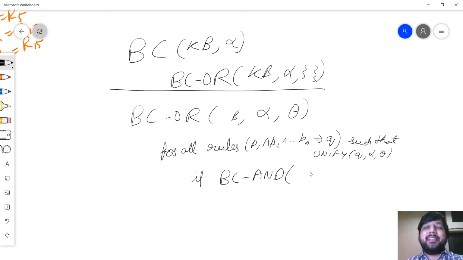I really need to satisfy the LHS part of it, which is P1 and P2 and all the way up to Pn, and it is under this constraint that I've already satisfied my goal. If my goal would have been a failure, this would have failed. So under this substitution which has already been made,